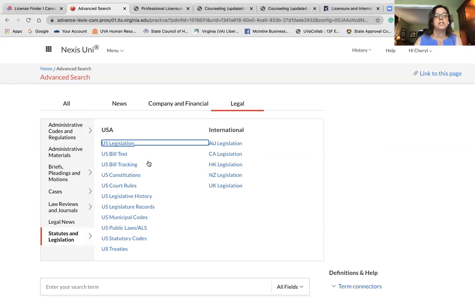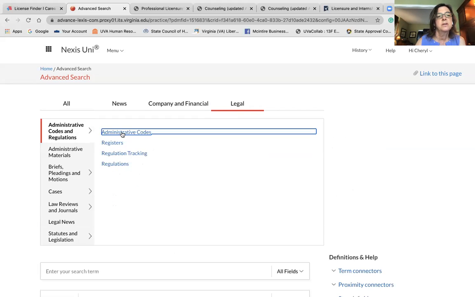And searches can be done by, obviously, US legislation, or there are also administrative codes and regulations. And based on the search criteria of